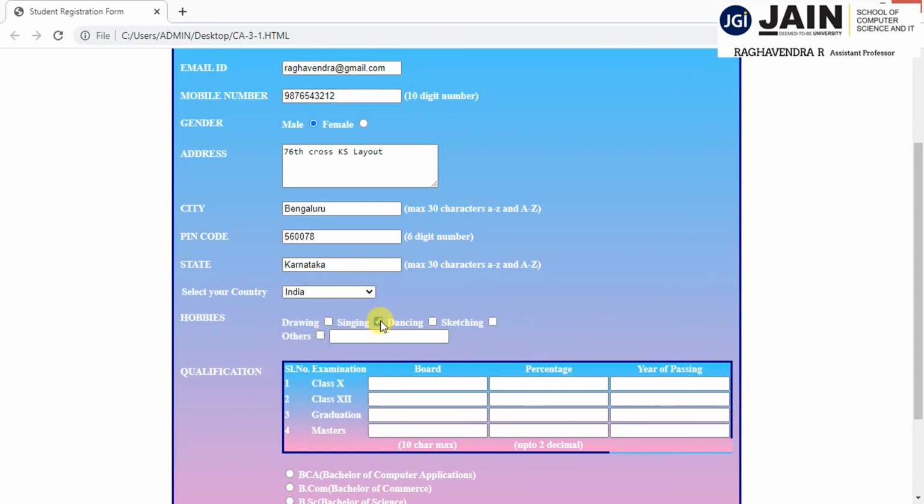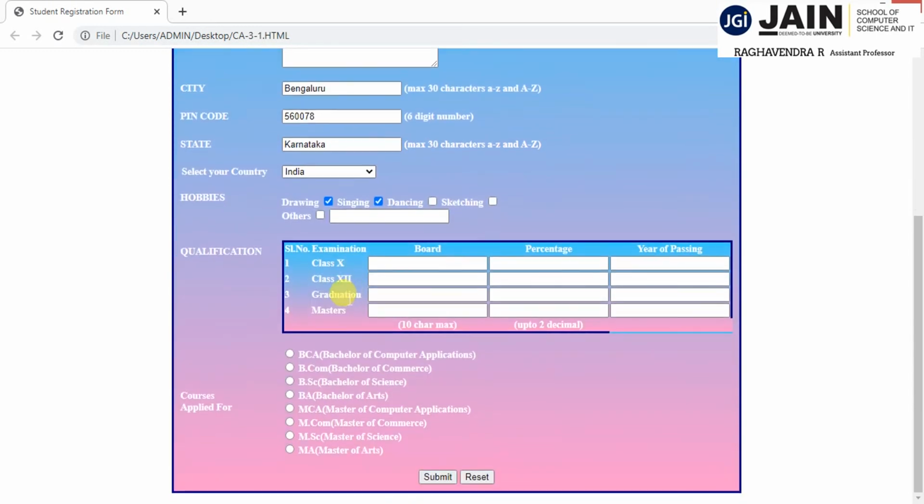Singing, drawing, only 2 hobbies. Qualification 10th, state, percentage some 99, and year of passing 2006. For class 12, state board, 98%, 2009. Okay, I'll make this 2004, and this 2006.